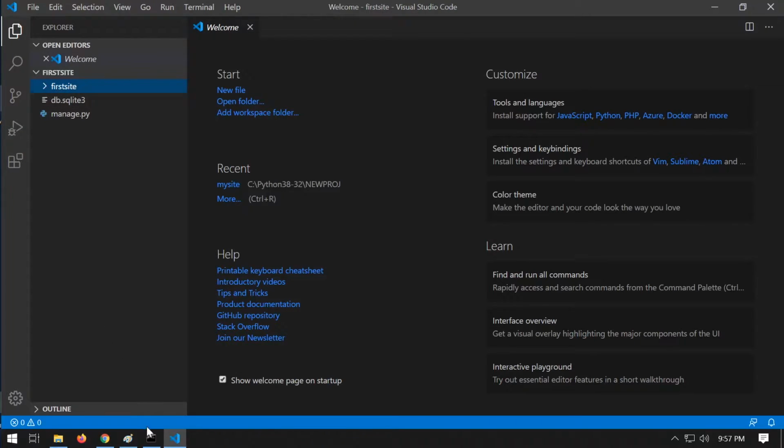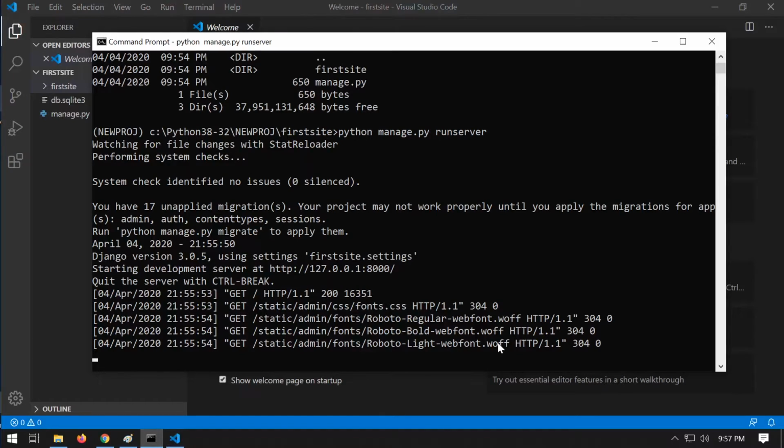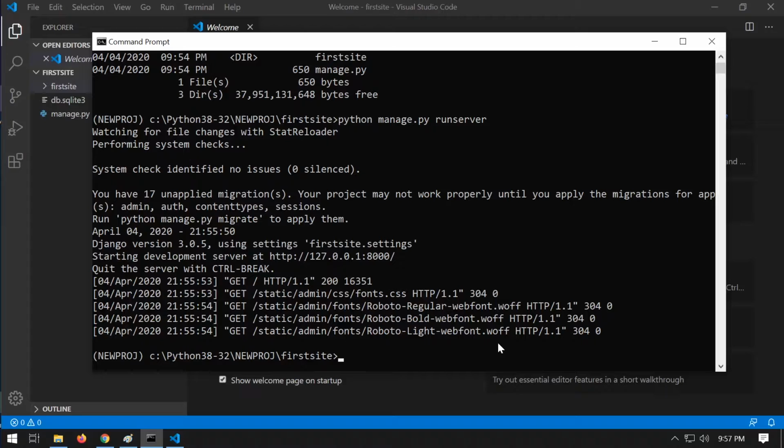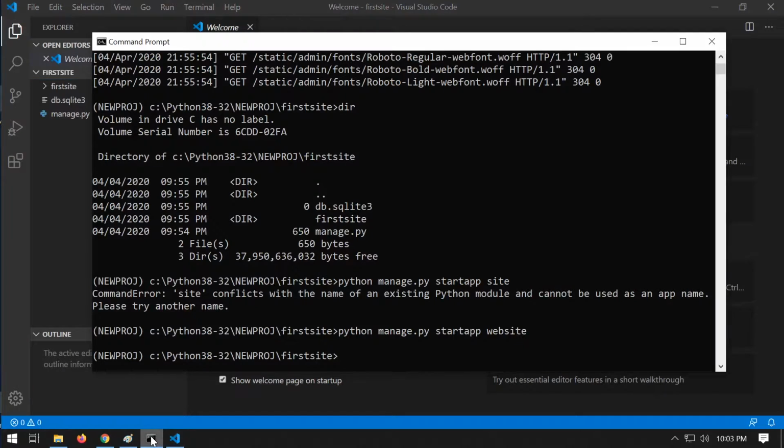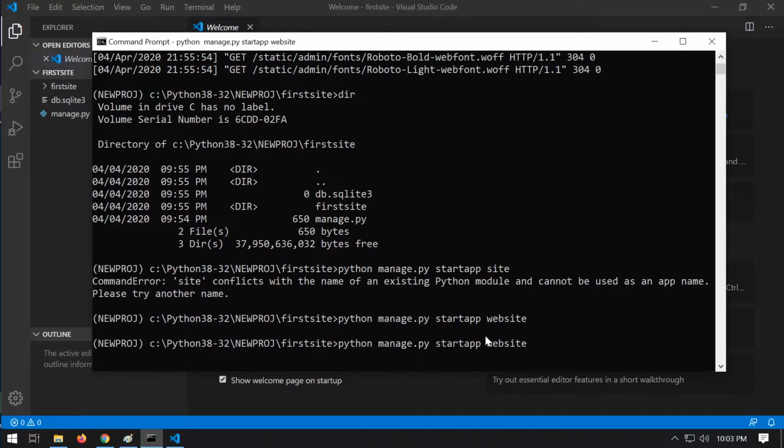So we need to go back to the command prompt. I'm just going to close the server by pressing Control and C. And now I need to make a new app. So to create a new app, if I go to the command prompt, you can see the command here. So it's python manage.py startapp, and then type the name of the app you want to create. So here I'm just going to call mine website. So once you've done that,